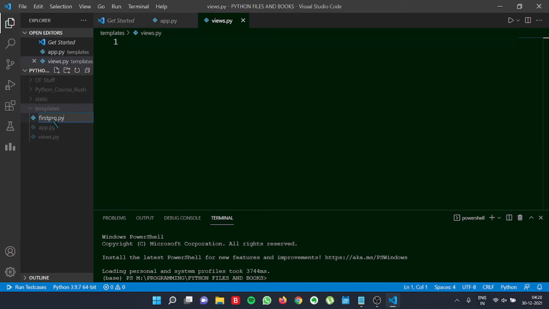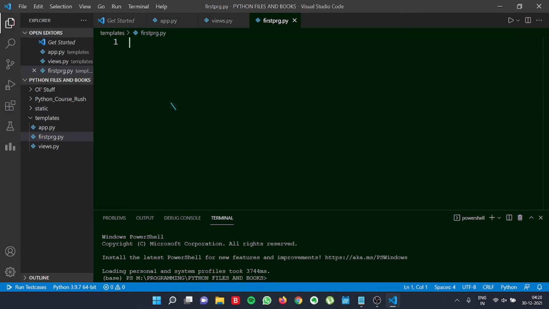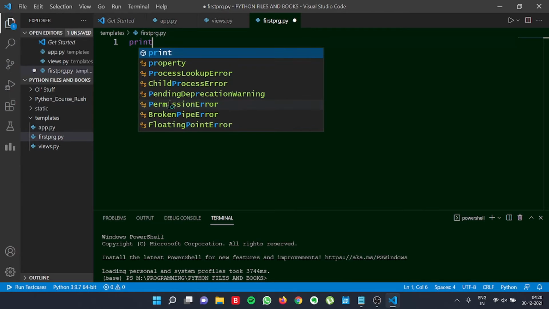Suppose if I put a .c, it will use all the C commands. If I put .cpp, it will use C++ commands. So we are running Python, so we're using .py. We print I